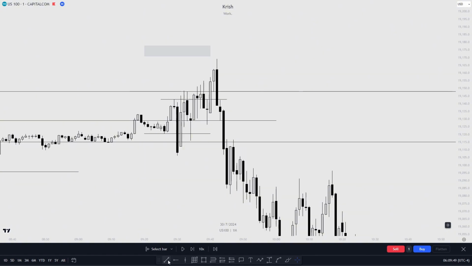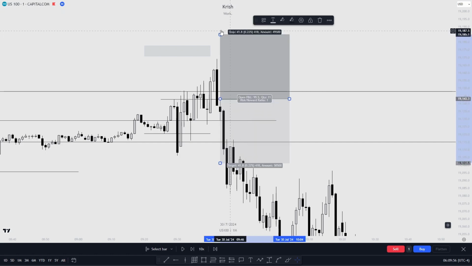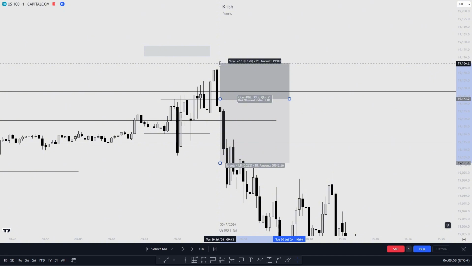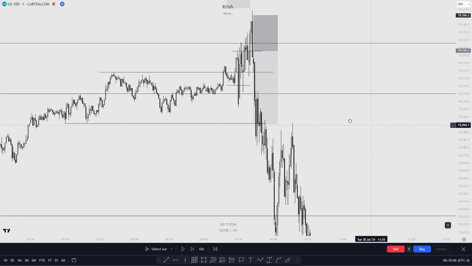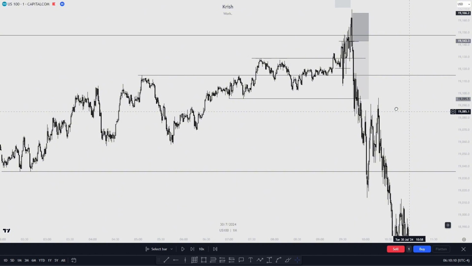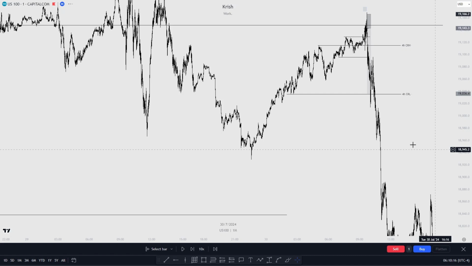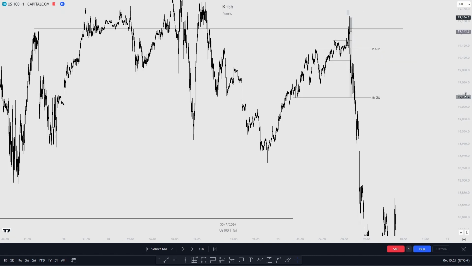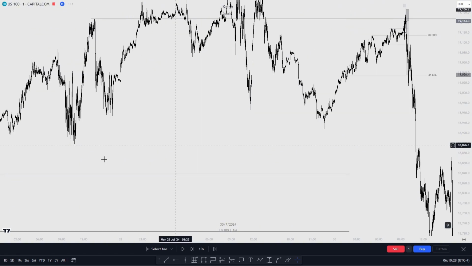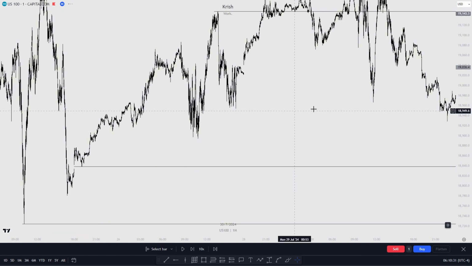For me, it's the sequence, but on this day, I entered off this inverse here. I entered like at market, boom. I think my stop was like here, and my TP was at these 1 hour lows, and I took partials here, 1 hour lows, and then all the way to these 4 hour lows. And if you really wanted to, you could target the previous day candle range low, or because we knew the directional bias was bearish and we got a perfect 3 candle model, guess what? We can target the first candle's range low, which is over here,